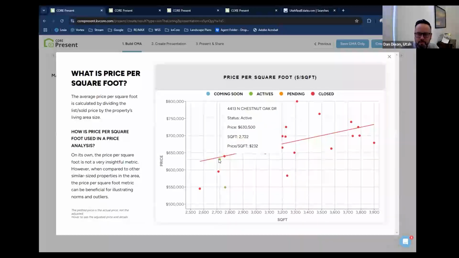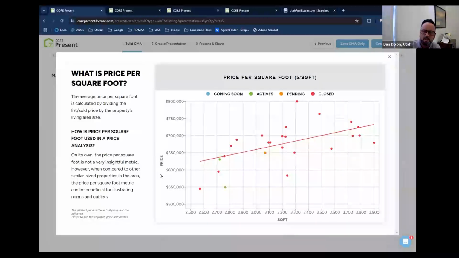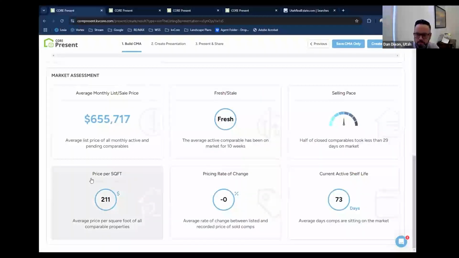This one's right at the price per foot number. I'm not sure why that's not, but you can kind of see this little dot graph along the price per foot line, which I think is really interesting. And you can tell your seller, like, hey, where do you want to be? Do you want to be listed way over, right? Or do you want to be right on that line? Because most of the properties that are selling are really close to that line. So I think this is a cool slide. And that's right here on the price per foot slide.